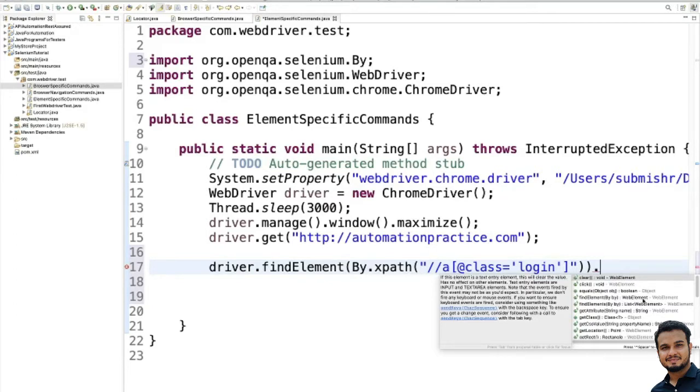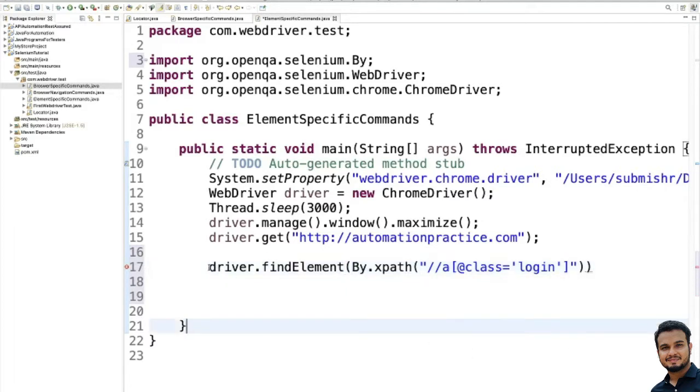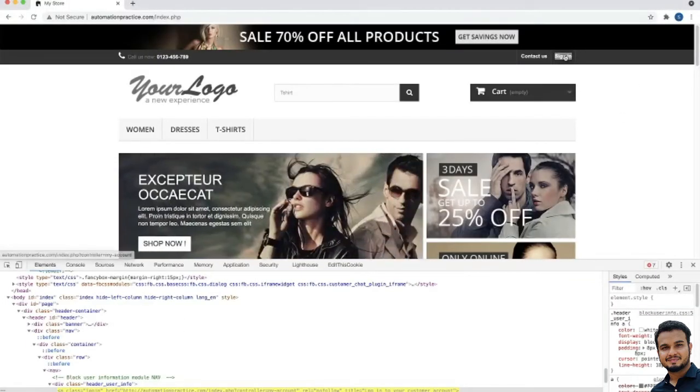It means it will return a web element. What does web element mean? A web element can be a text box, a button, or a link. Let me remove this. It will return some web element. What will be that web element? That web element will be this sign in button.